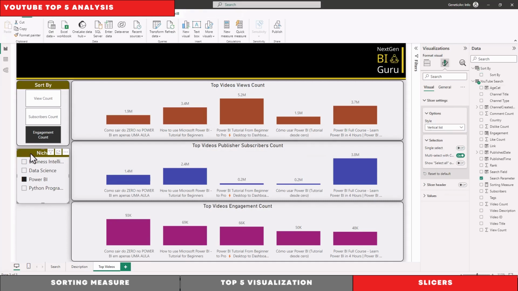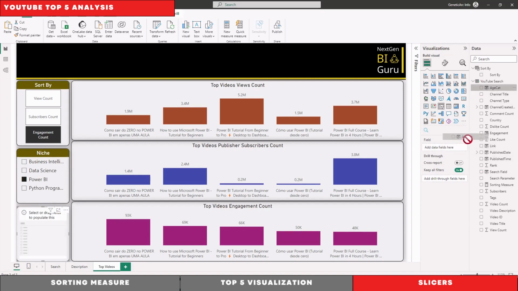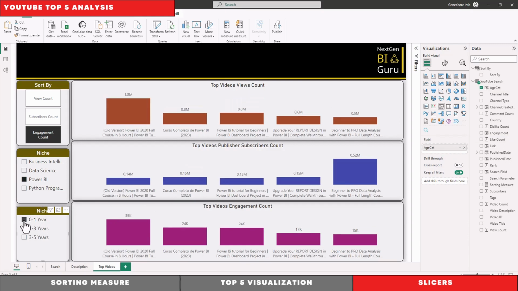And just copy this slicer and remove the field and replace it with the column we just created. So this way you can filter for the age of the video. For example, from 0 to 1, it will show you all the videos published within 1 year, and so on.